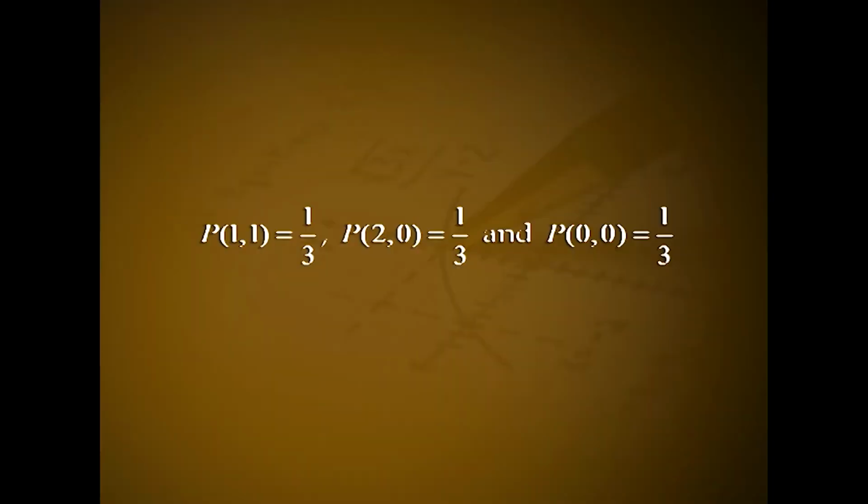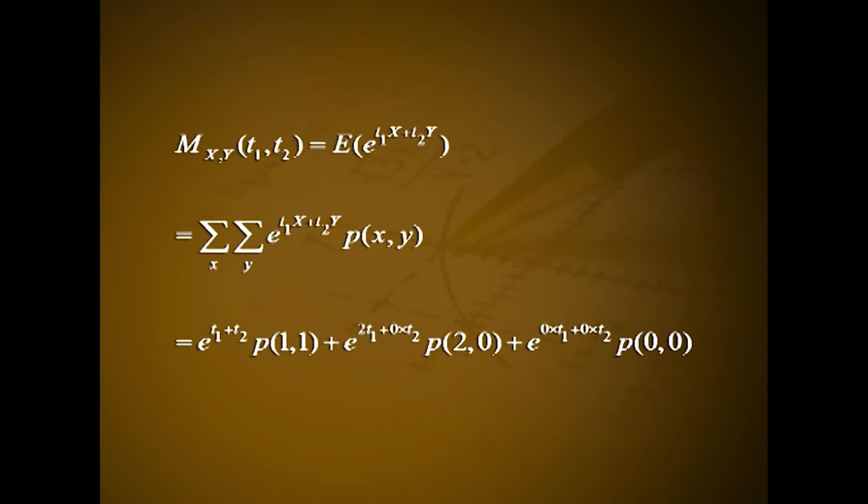Problem 1. Obtain the bivariate MGF of (X, Y) with p(1,1) equal to 1/3, p(2,0) equal to 1/3 and p(0,0) equal to 1/3. Solution. M_XY(t1, t2) equals expectation of e^(t1 X + t2 Y), that is equal to summation over x, summation over y, e^(t1 x + t2 y) into p(x, y), that is equal to e^(t1 + t2) into p(1,1) plus e^(2 t1 + 0 into t2) into p(2,0)